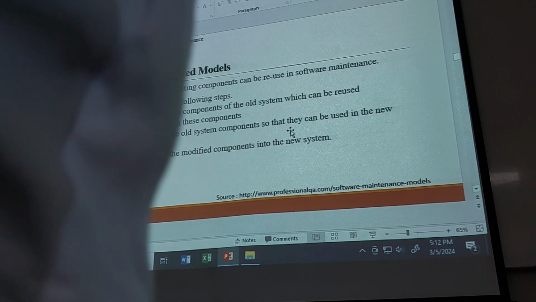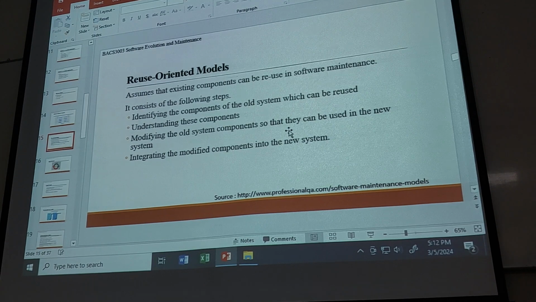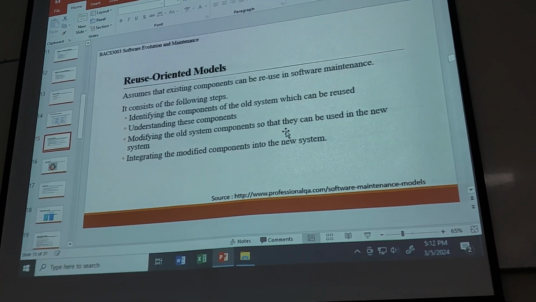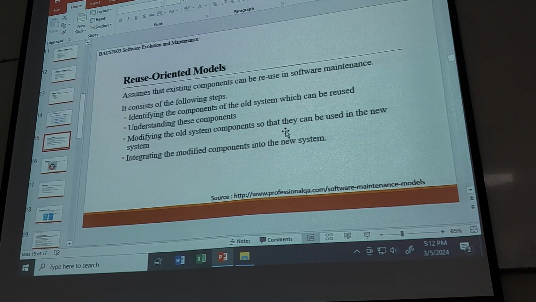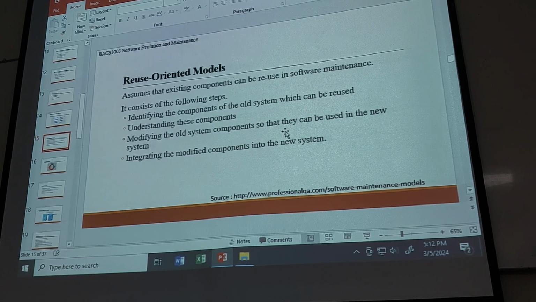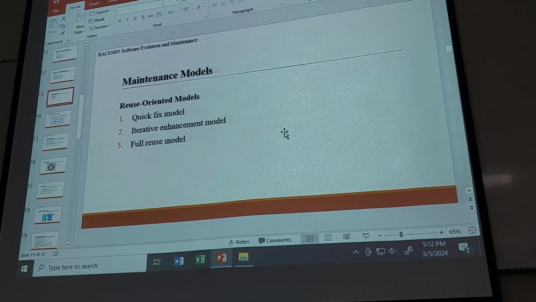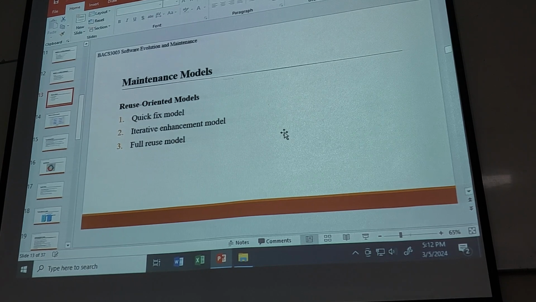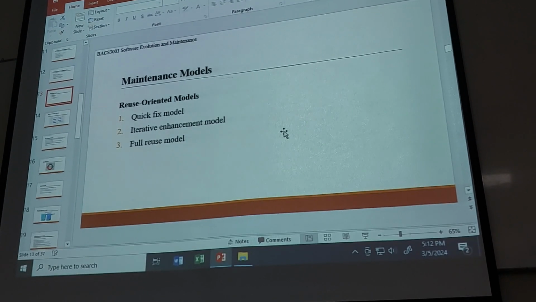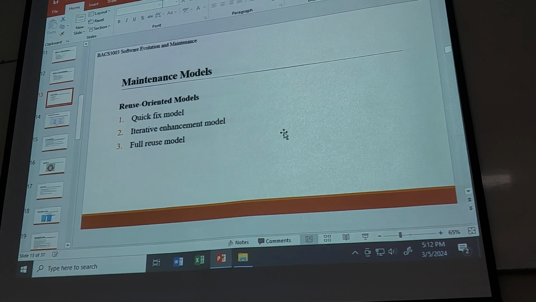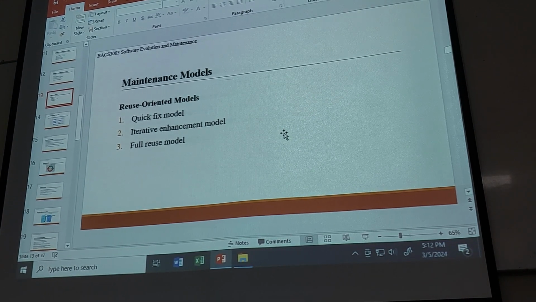Okay, class, we shall continue with the rest of the topic. Are you ready? Am I ready? Yes. Okay, class, now we come to this topic of maintenance model. When we do models, okay, so some of the